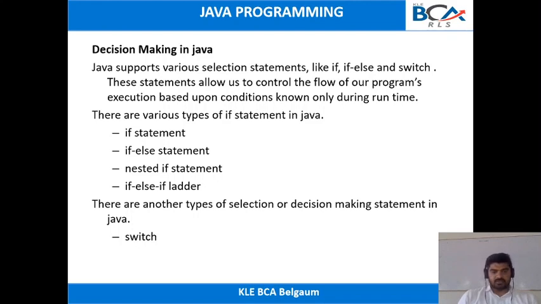Here we have one more type of statement called switch. This is also a decision making statement. Switch will take one parameter, and that parameter will be compared with cases. We will have different cases: case 1, case 2, case 3, and so on till case n. It will check whether that parameter matches any of the cases. If it matches, then the following statements will get executed, and with a break statement, control will come out of that switch statement. If it does not match any of the cases, then the default case will get executed.